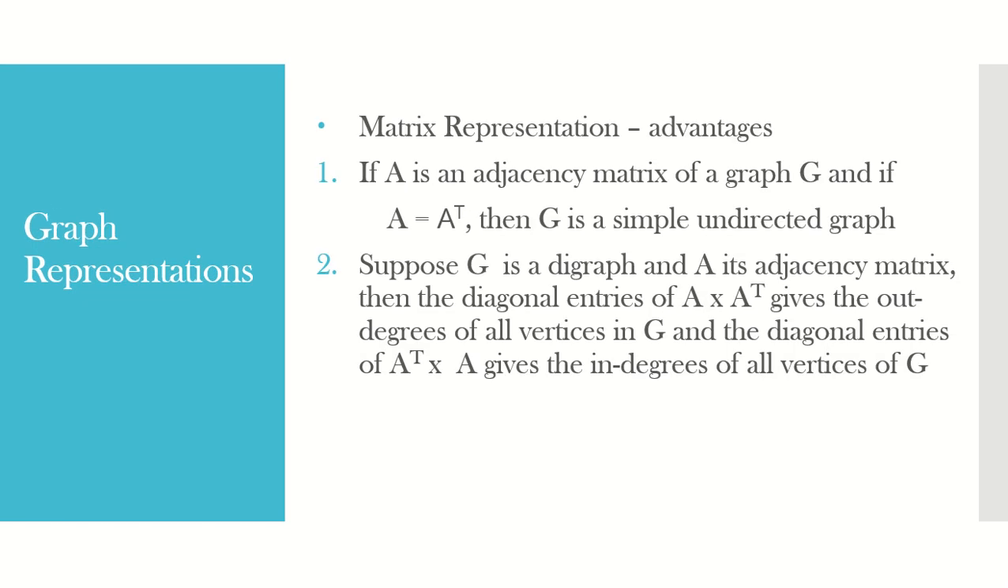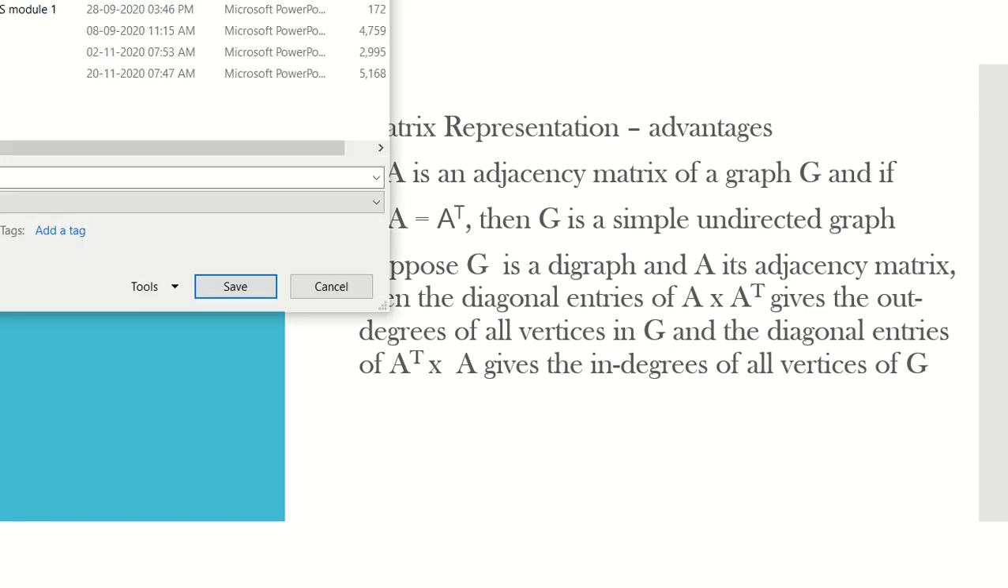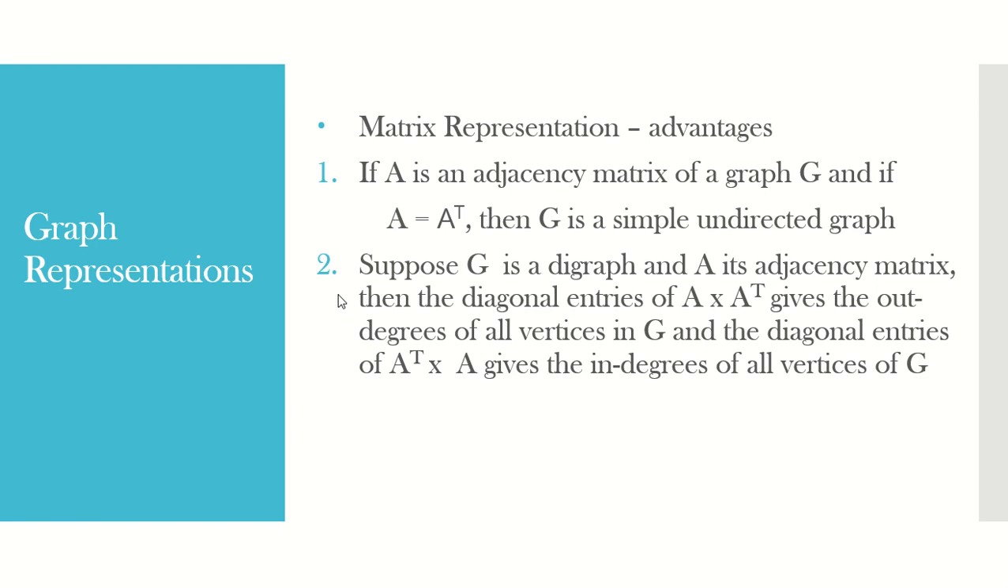So, what are the advantages of matrix representation? The first advantage is that if A is the adjacency matrix of a graph G, and you take the transpose of A, and you find that A is equal to A transpose, then you can conclude that graph G is a simple undirected